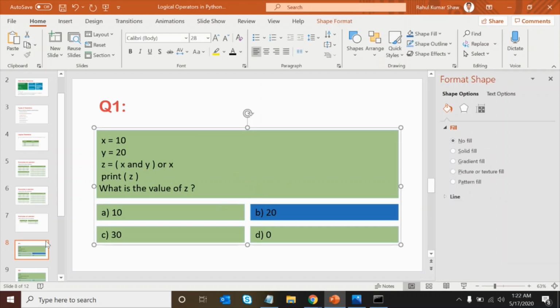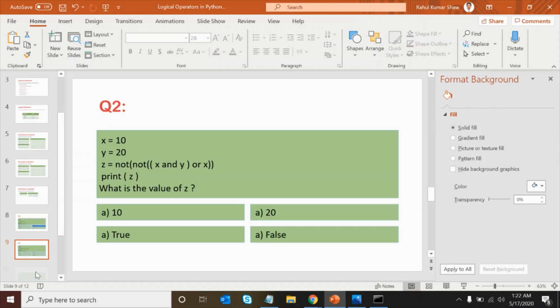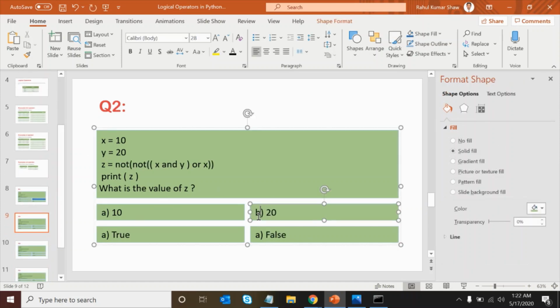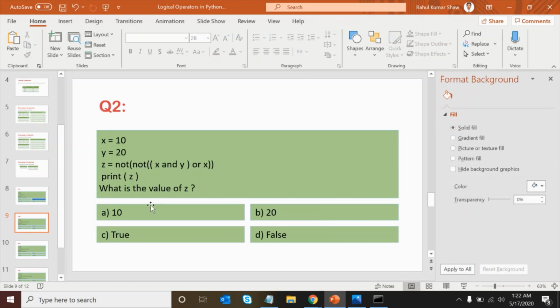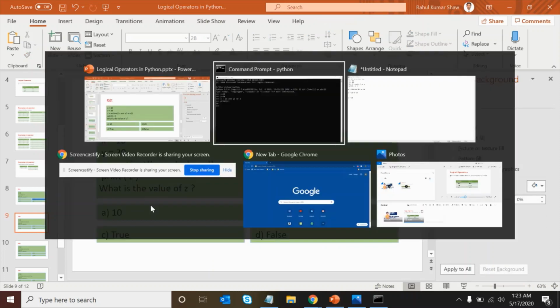Now we will come to the next question. This is the next question. Here also all options are the same, so I will just correct this to A, B, C, and D. The next question looks very complicated, but it's also very easy.